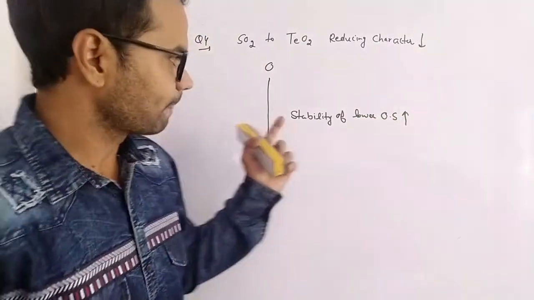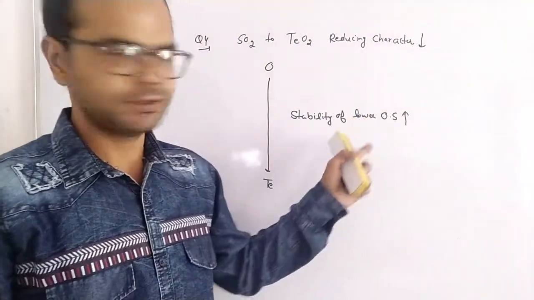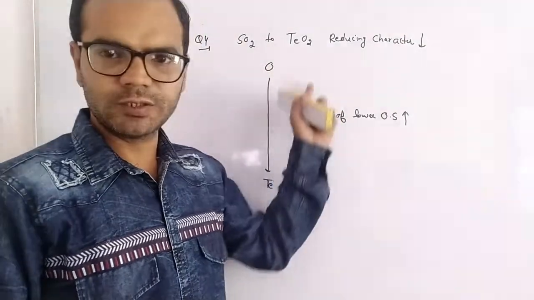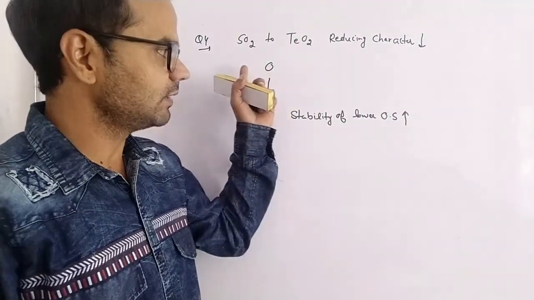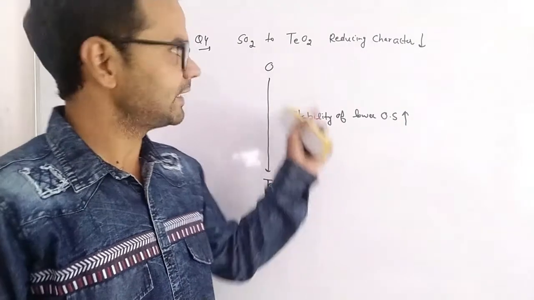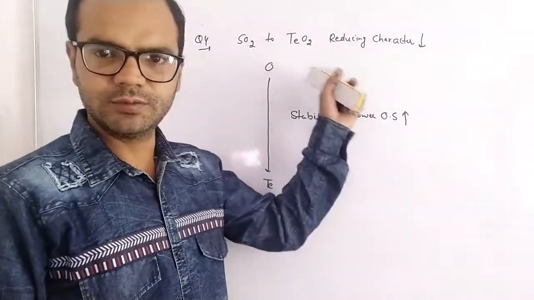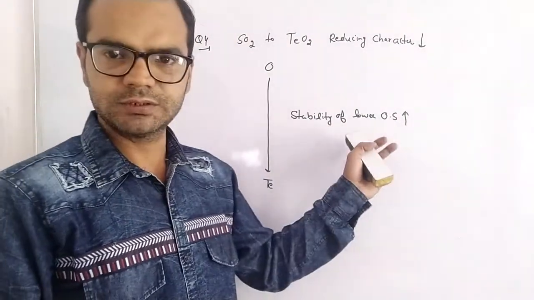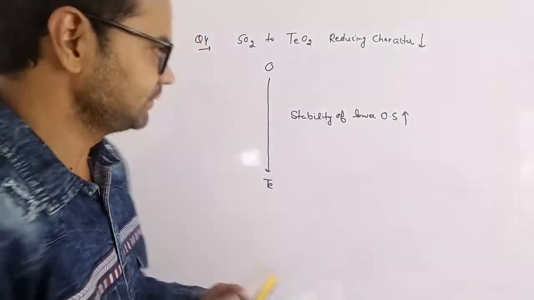Due to inert pair effect, the stability of lower oxidation state increases down the group. Tellurium is more stable in lower oxidation state as compared to sulfur. Sulfur is more stable in a higher oxidation state, but tellurium is stable in a lower oxidation state. That's why its reducing character decreases if we move from SO2 to tellurium dioxide. The answer is due to inert pair effect, stability of lower oxidation state increases down the group. Next is